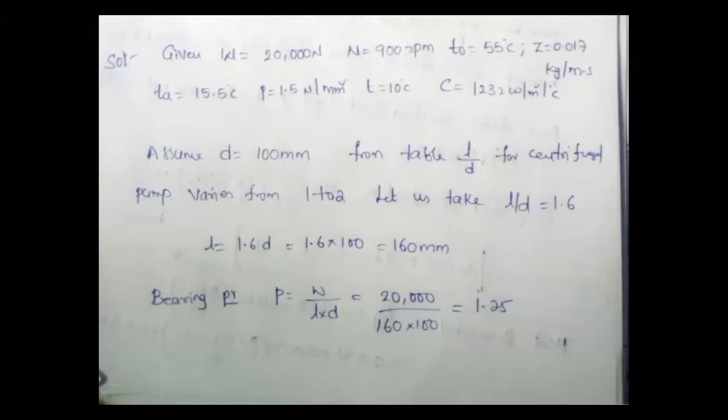Right? So the first step is to estimate the bearing pressure value by using the relation P equal to W by L into D. After that, select suitable values of the length of the bearing and the diameter of the bearing. That is what we are supposed to design for your bearing. So in this case, also the same procedure, P equal to W by L into D. Now you know the value of P, P equal to 1.5 Newton per mm square, and you know the value of W, which is 20,000 newtons.